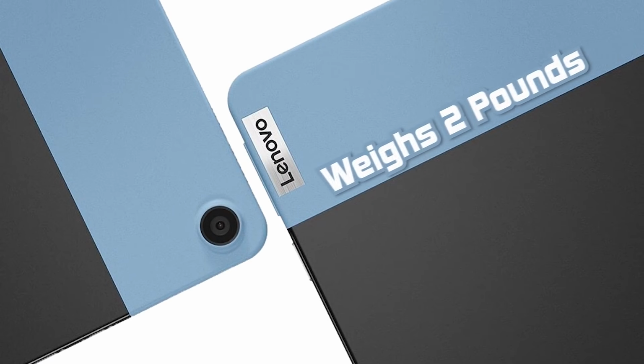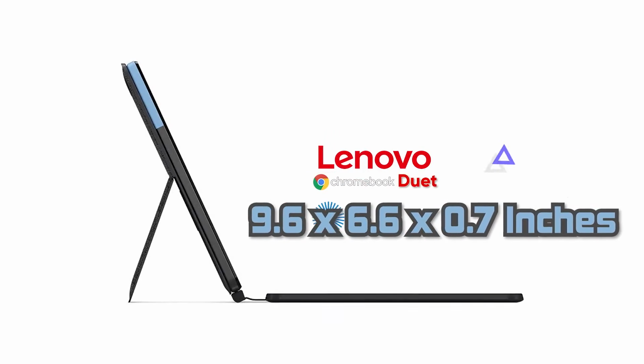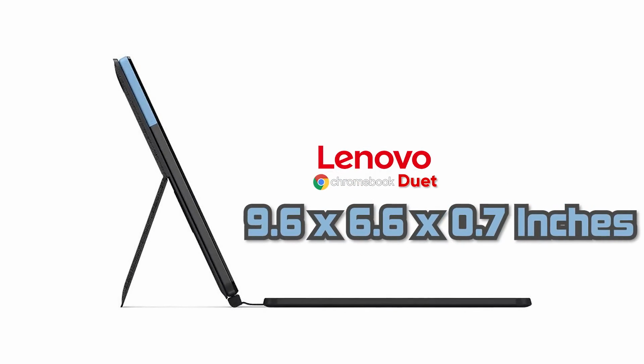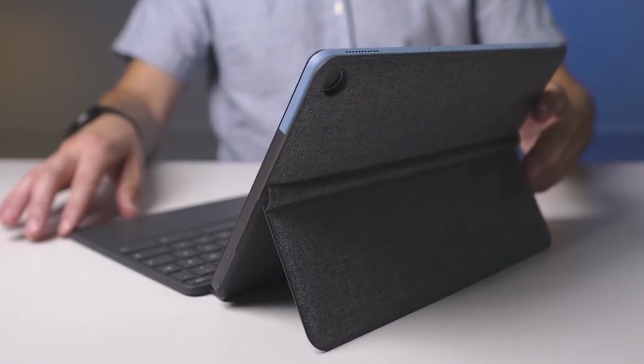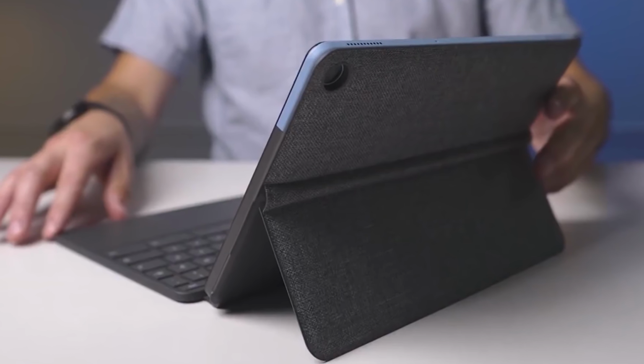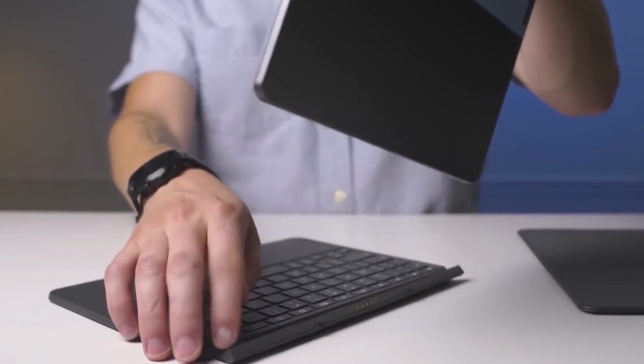It only weighs 2 pounds, and it's 9.6 by 6.6 by 0.7 inches, so the form factor is actually pretty tight as well, so it makes it great for portability. Also, if you're kind of on the fence between getting your child a tablet or a laptop, this is the perfect fit for that need because the keyboard is actually detachable and it functions completely on its own as a